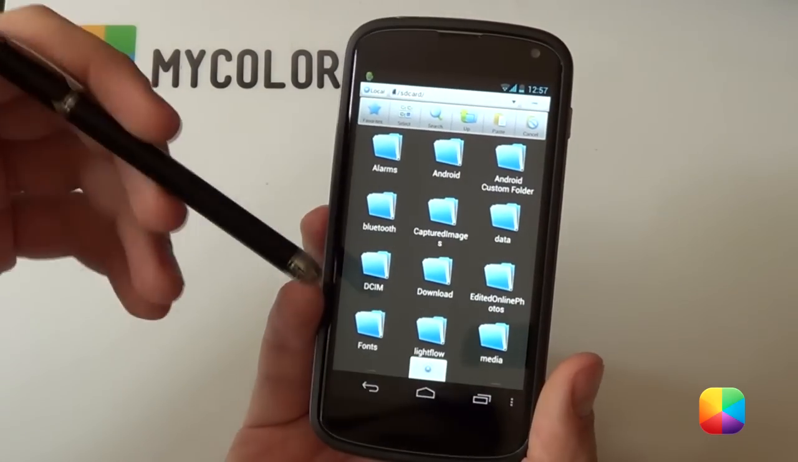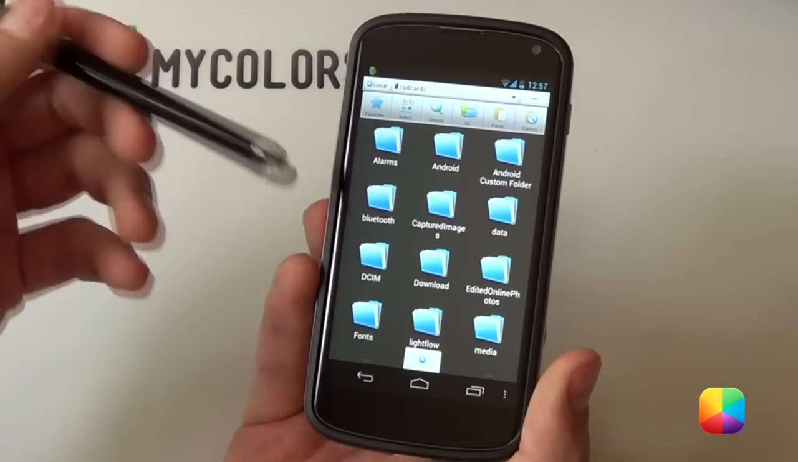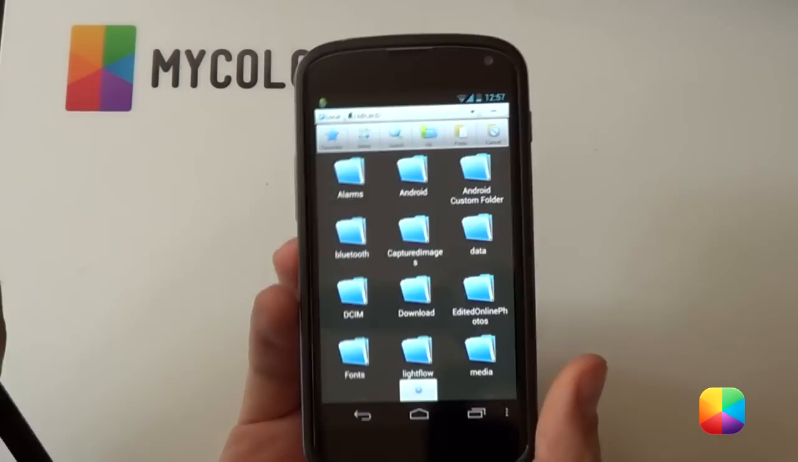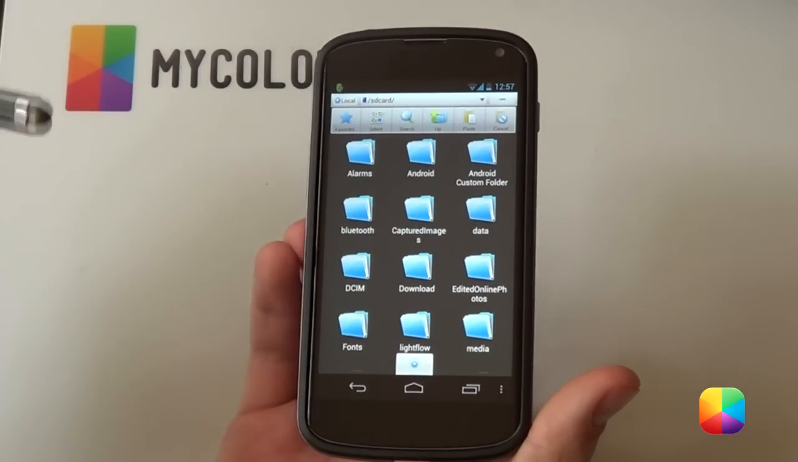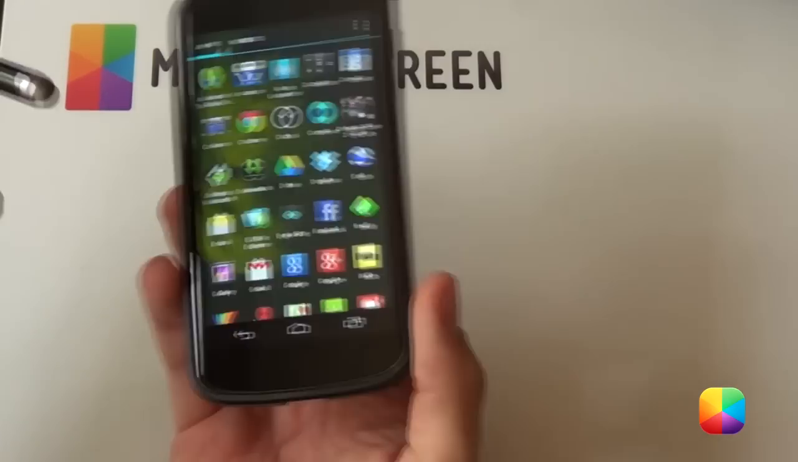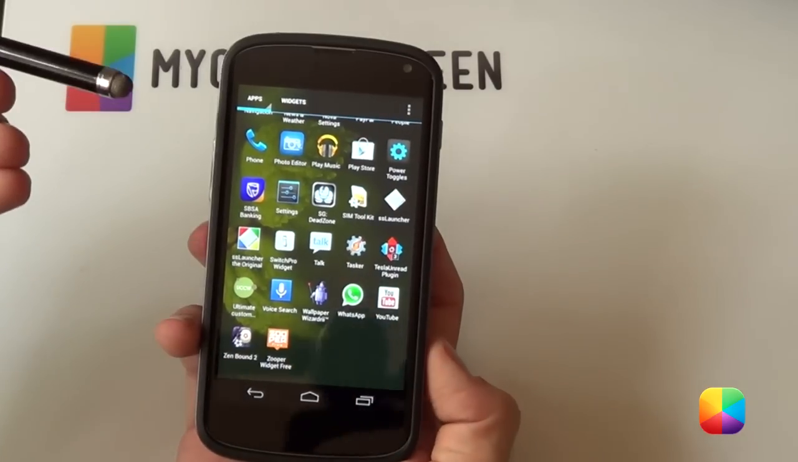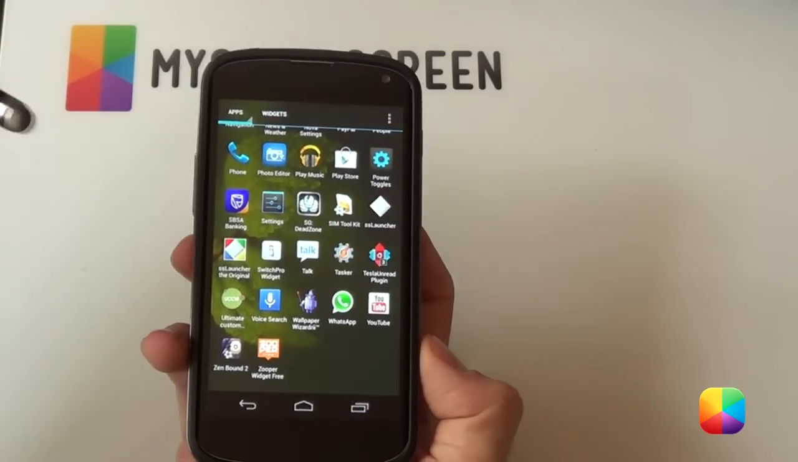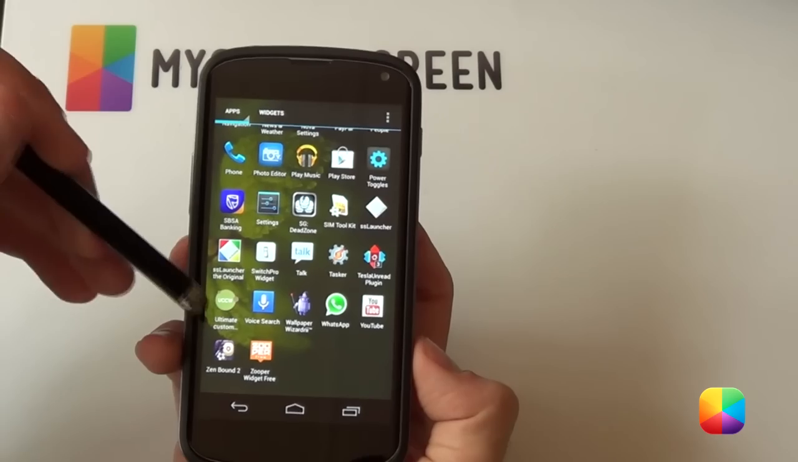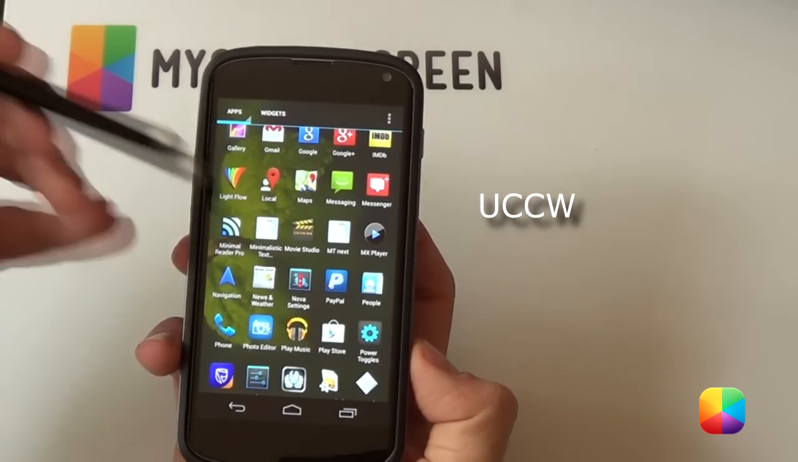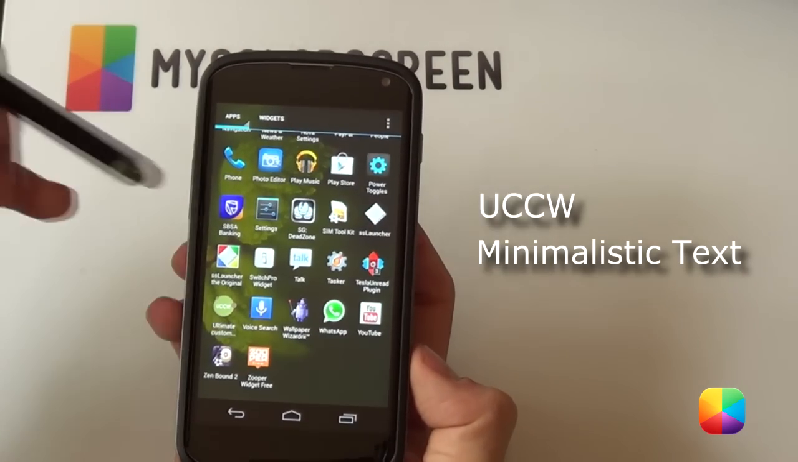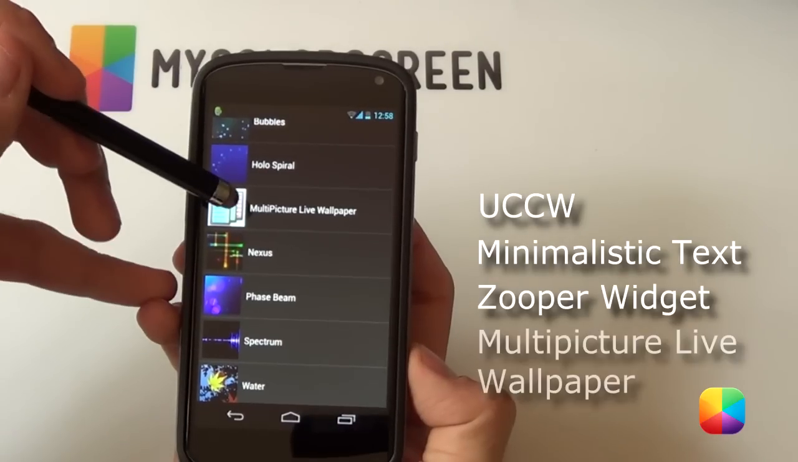So that is all the folders that we need for quick and simple Android customizing. Next, we're going to be moving on to just the general widgets that you're going to be using. Now, I know this sounds silly, but it does come in real handy. If you see a lot of home screens on the mycolorscreen website, a lot of them use pretty much the same widgets. Mainly UCCW, minimalistic text, a new kid on the block, Super widget free, as well as multi-picture live